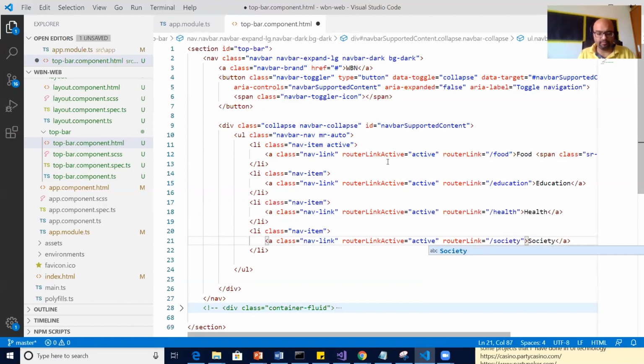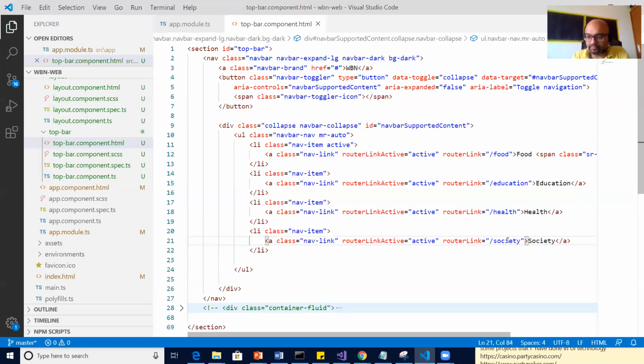So by now, what I've done is we have integrated router link. Router links are nothing but navigation directives. This will add these routes, slash food, slash education, slash health, slash society, in the URL and ask for the respective page.